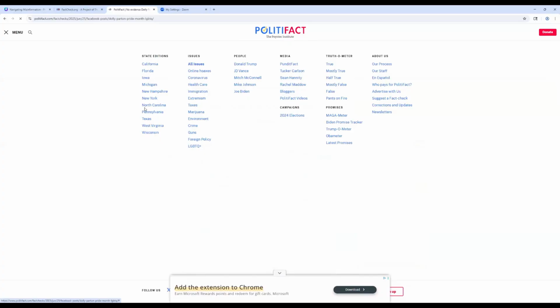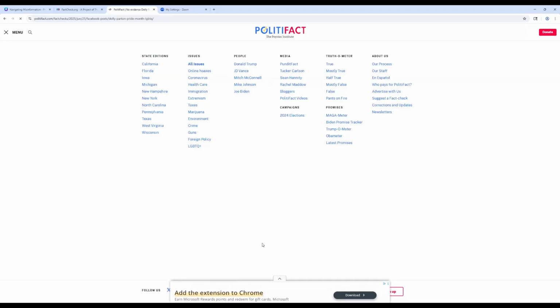They don't have an Illinois state edition, but they do have different categories. There's issues, there's people, there's media, and then they have the Truth-O-Meter. And you can read about their process, the staff, who pays for it. That's really important to know, because you've got to have money to run everything.